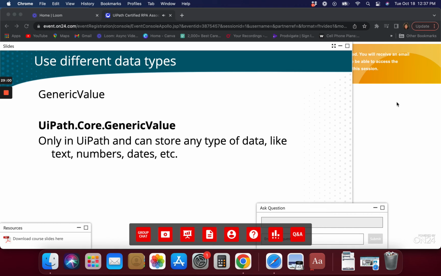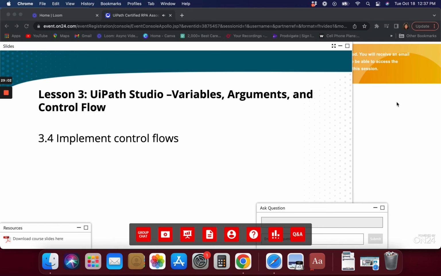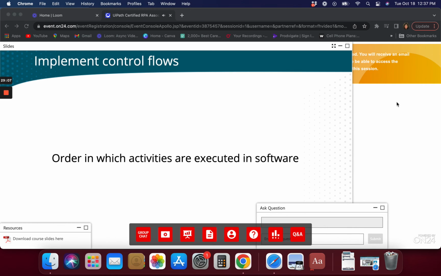So now let's move on to control flows. A control flow determines the order that activities are executed in. So that's when we're getting to our different types of control flows in UiPath Studio. And that means we have our